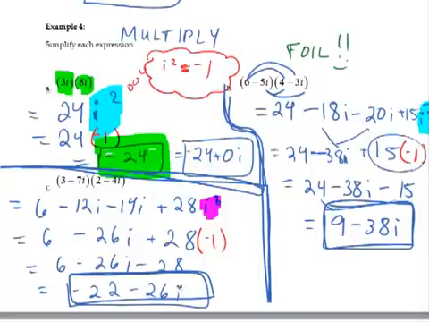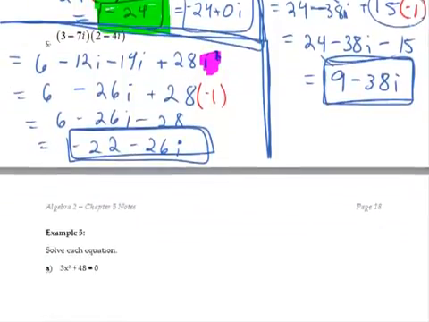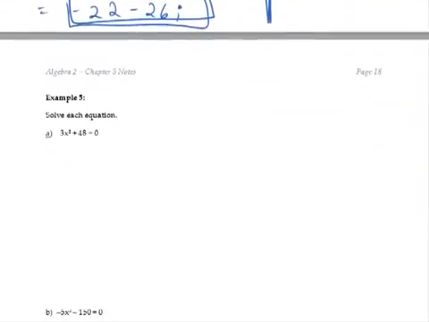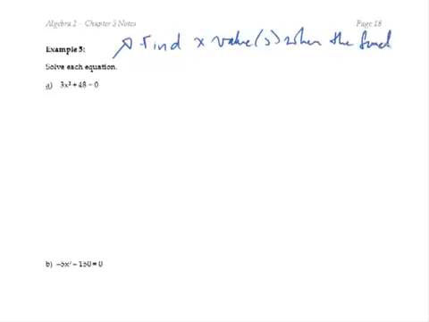So now that you know how to deal with complex numbers, you know what they look like when you add or subtract them, and when you multiply them, let's see how we would use this when we're solving. That's how we started off our lesson. We're always solving, trying to find those x-intercepts, and we needed a way to deal with negatives under the square roots. So solve each equation means find the x value or values when the function is set equal to 0. In other words,